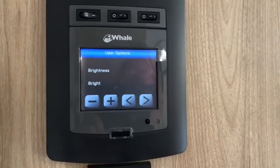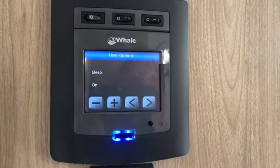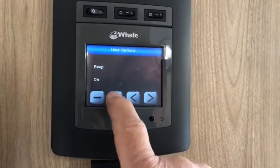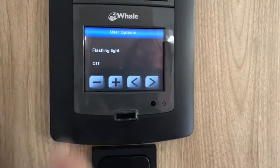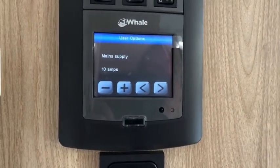Brightness. Set the brightness. Beep on and off. Flashing light. On and off. To return back to the main screen,